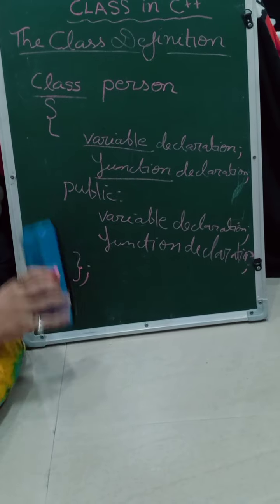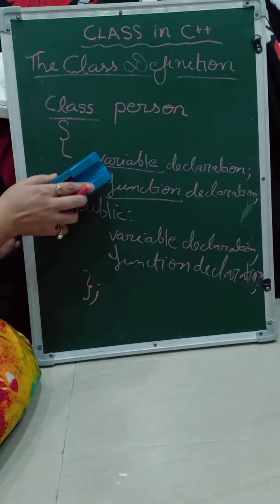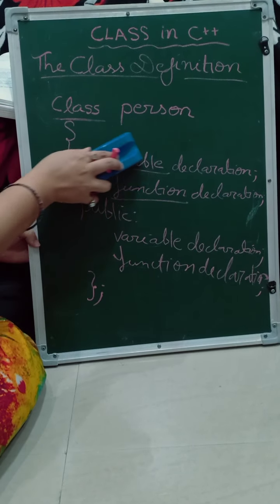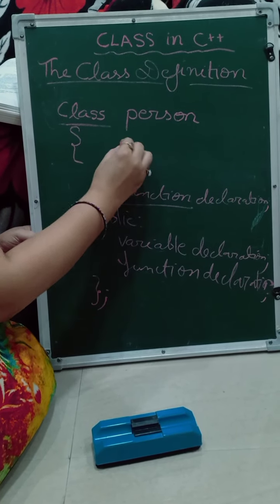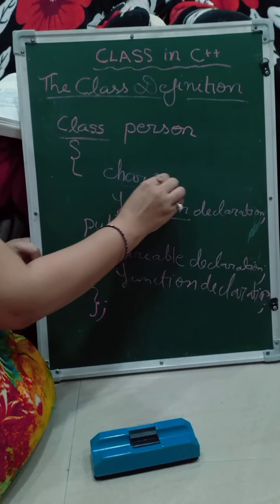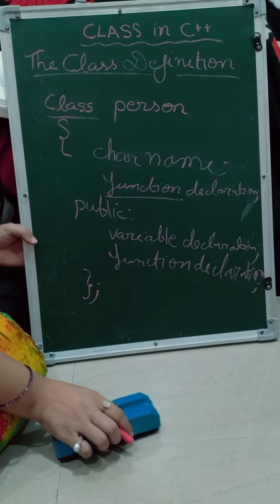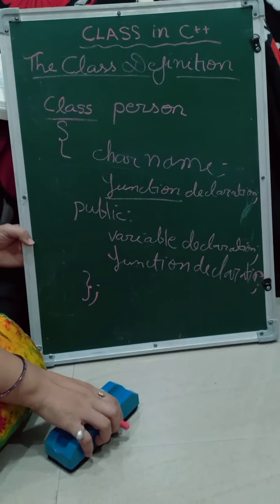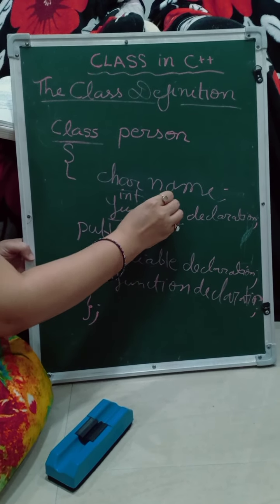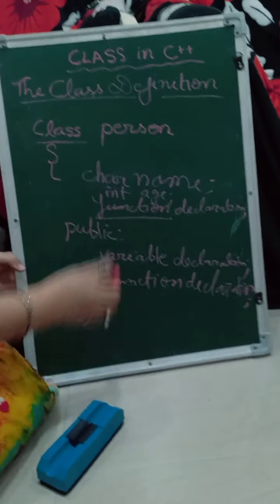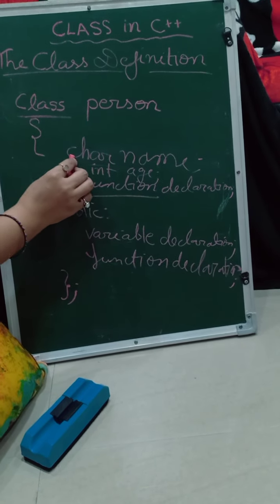Okay, if I want to make a class of person, then what data do I need? I need the variables. Like I am writing here a variable, I am writing char. I need the name of a person, correct? And what other things do I require? If I want the age, then I am writing int age. Why are we taking the age as int? Because it's an integer number, that's why I am taking it in integer form, and this is a character, so I am using char.